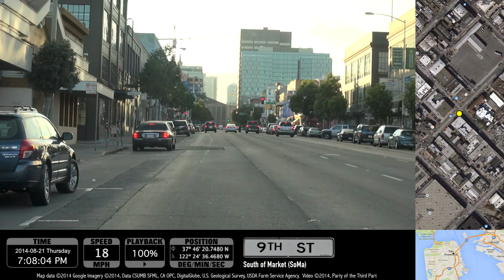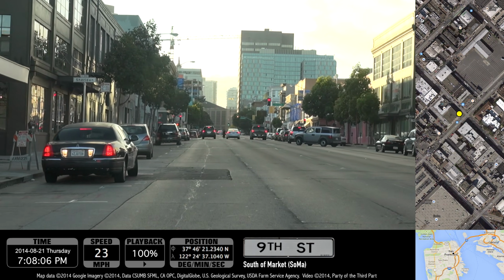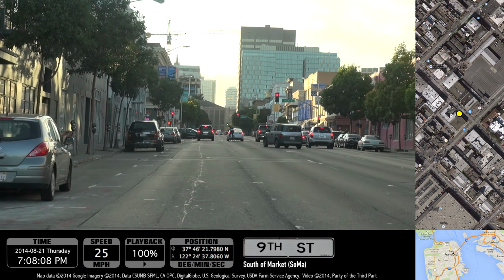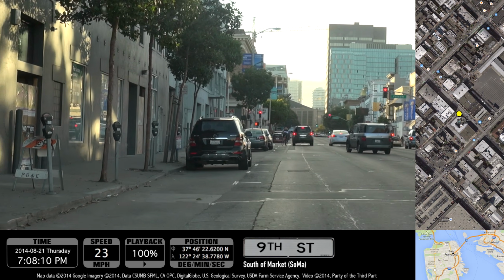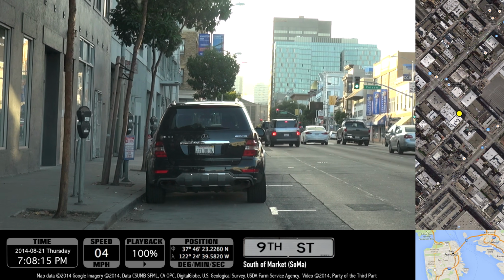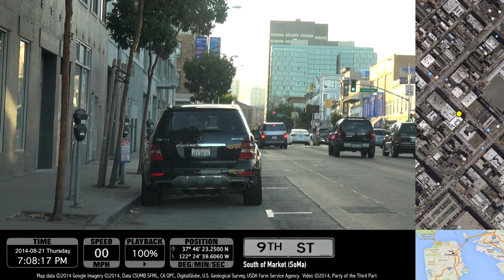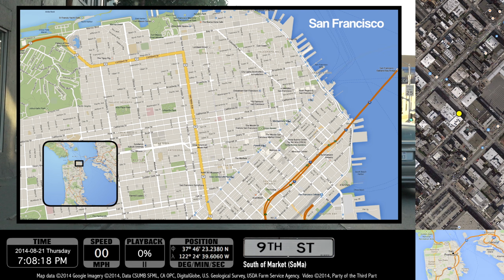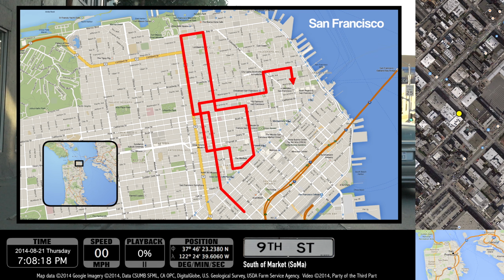I should say right up front, this is not one of those Russian drive lapses with the amazing accidents. It's also not one of those videos where we'll go around nitpicking all the little mistakes made by the other drivers, although we will see a few bad drivers along the way. This is not actually a planned drive lapse. I just started driving around totally randomly, so this is a totally random drive lapse. I just drove wherever I felt like, often taking the path of least resistance depending upon the traffic. So here's the path I took.